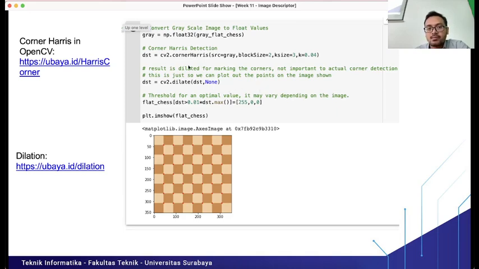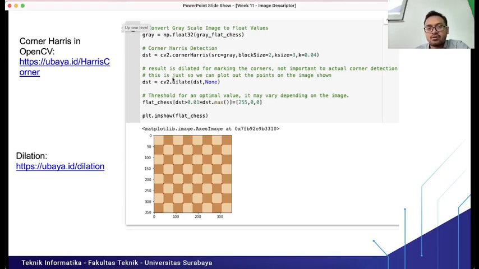After we call the cornerHarris method, we have the dst variable that contains the corner positions from the image. Then we call dst equals cv2.dilate. This is just so we can plot the points on the image shown. Why do we call the dilate function?